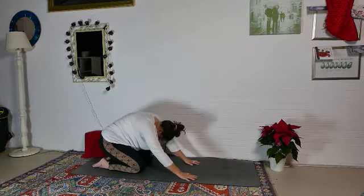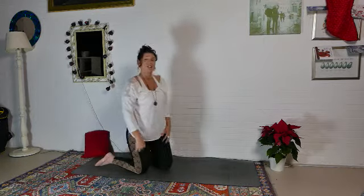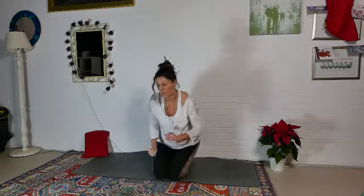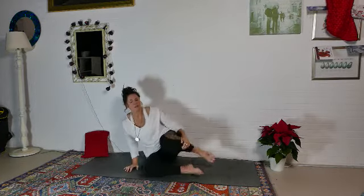And lifting your head up. And as it's early in the morning, it would be churlish not to do something lovely for our hips this morning. So come onto your bottom. We're going to take fire log pose. And fire log pose for some people